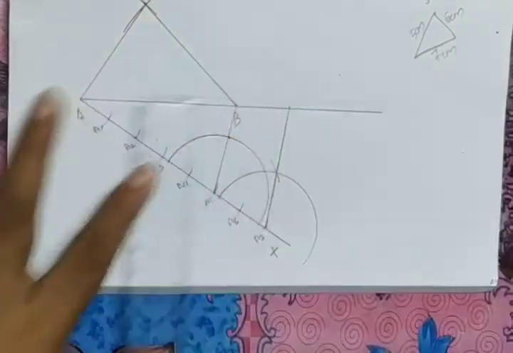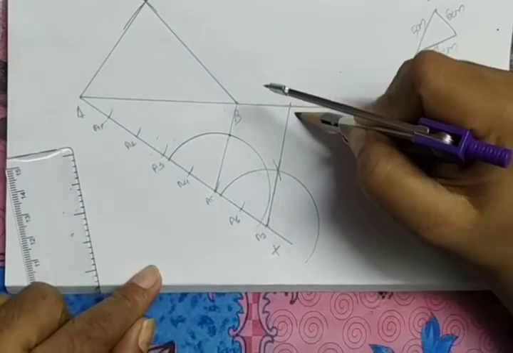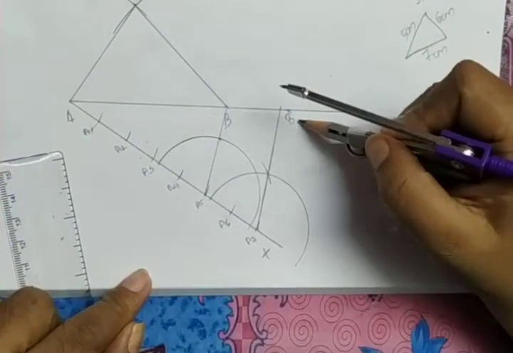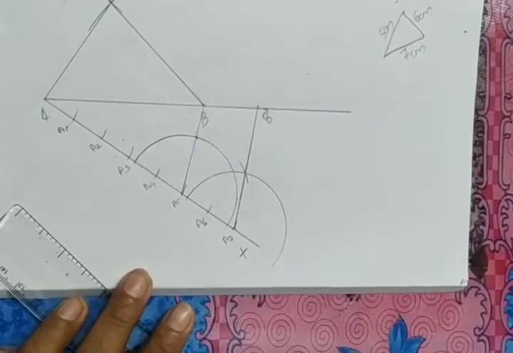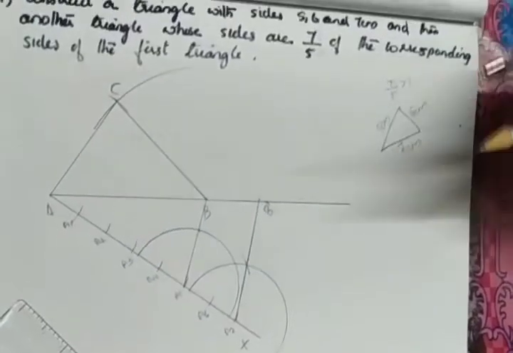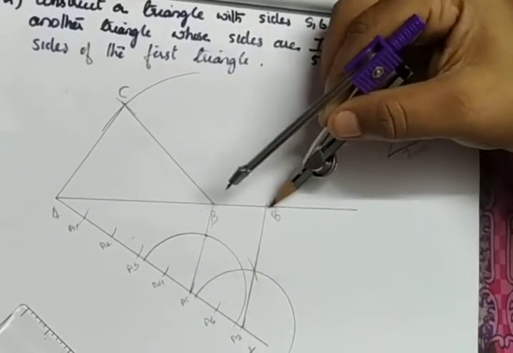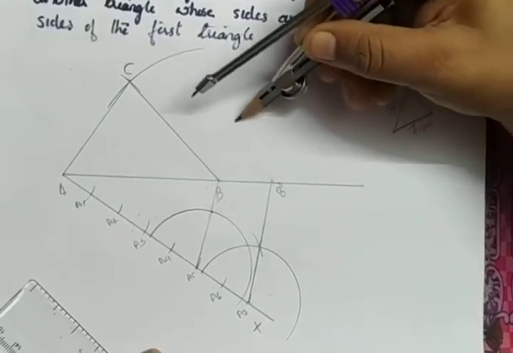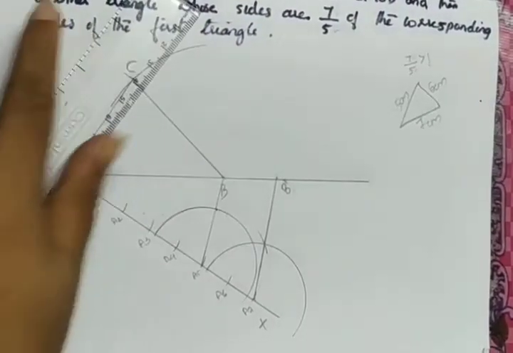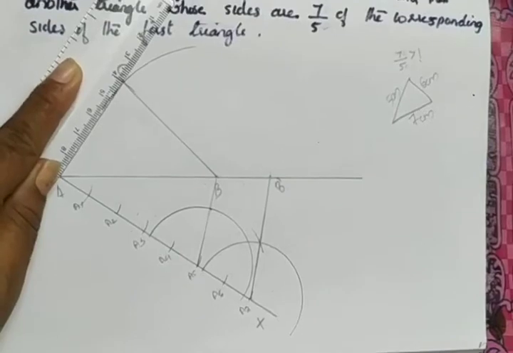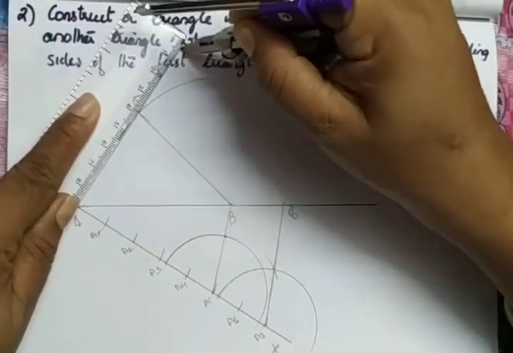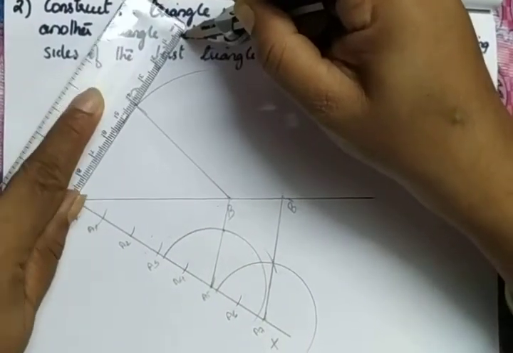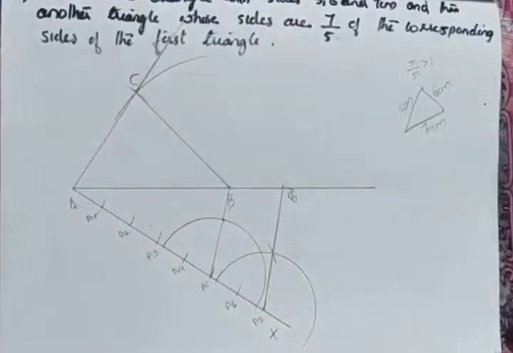Again, join A7 and the meeting point and extend it to meet the side. And this point, as it is nearer to B, let us mark as B dash, and A5B will be parallel to A7B dash. Again, we have to draw a line through B dash which is parallel to BC. The parallel line will be automatically like this, isn't it? So here also we have to extend the side AC. Remember, when the scale factor is greater than 1, we have to extend two sides, then only will we be able to draw the parallel line.